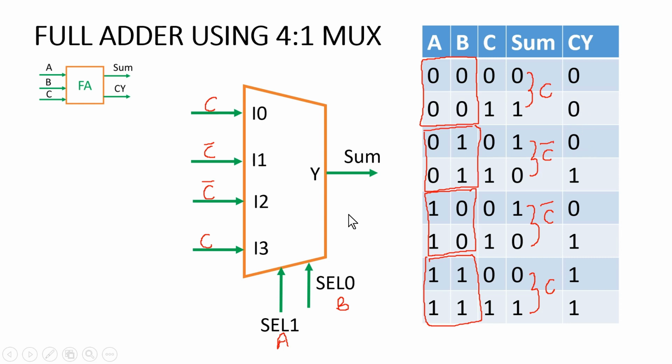But I am not going to implement it in this video because it is getting lengthy. And I have demonstrated how you can use a 2:1 multiplexer as a basic building block, and I also mentioned here in this video how we can use a 4:1 multiplexer as a basic building block. And in the same way you can use an 8:1 multiplexer, a 16:1 multiplexer as a basic building block. And I told you the methodology how to implement any combination logic with the help of any type of multiplexer.